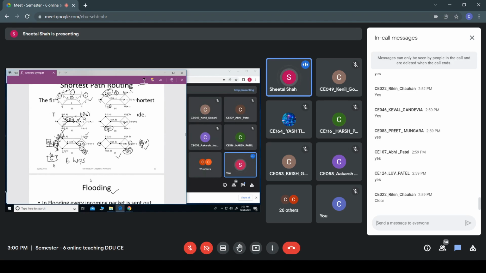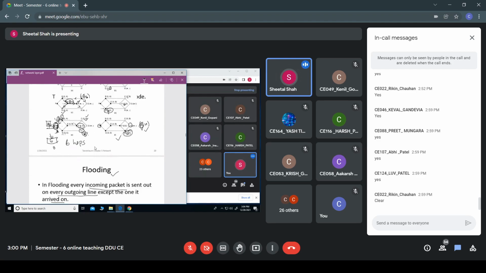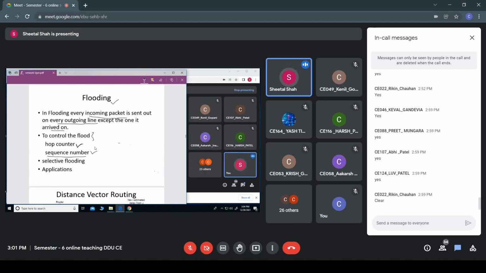So that is nothing but that for every packet it would provide the sequence number, so that as and when a packet with the same sequence number arrives, it would not forward it further, but it will drop such packets from the network. The same thing holds good for the other routers also. As soon as they receive a packet with the same sequence number, they'll not forward it further, they'll just remove it from the network. Follow? The next type of flooding is selective flooding.